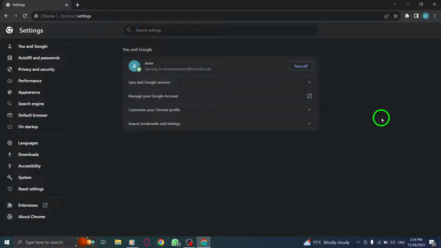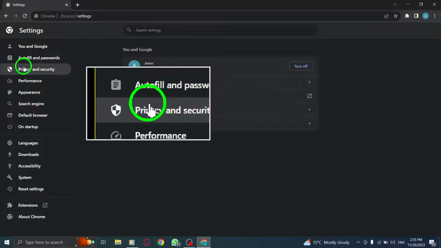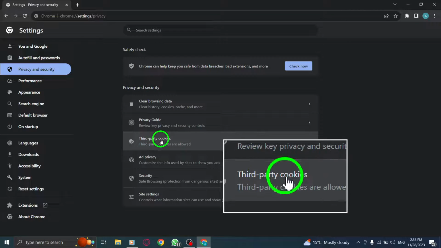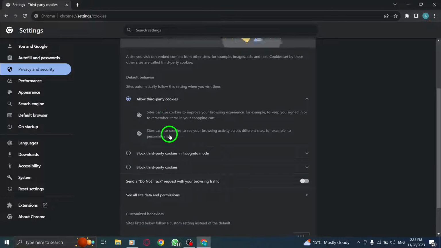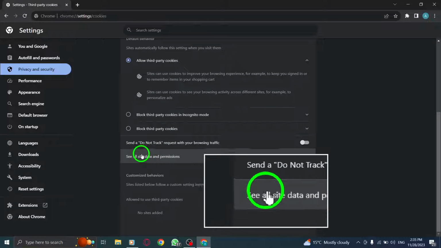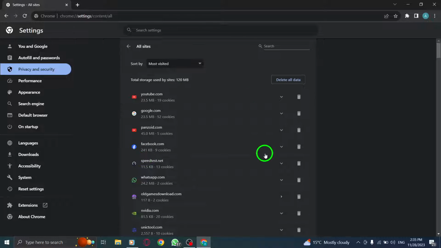Step 3. On the left-hand side of the settings page, click on Privacy and Security to explore privacy-related options. Step 4. Within the Privacy and Security section, find and click on See All Sites Data and Permissions. Step 5. Here, you can view a list of all the websites you have visited and their associated data and